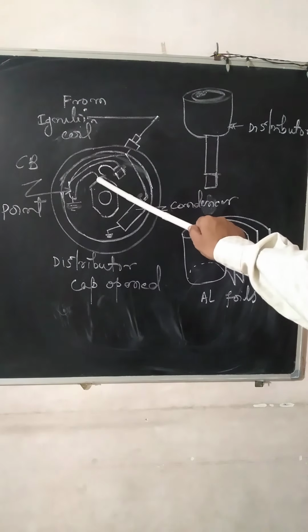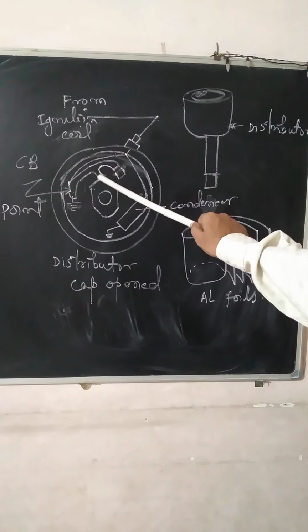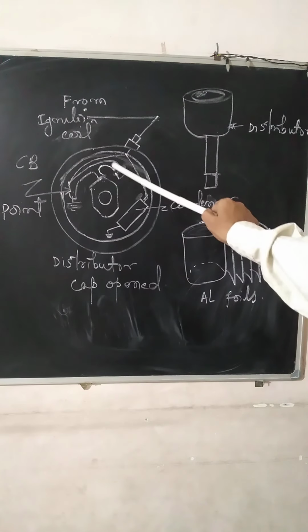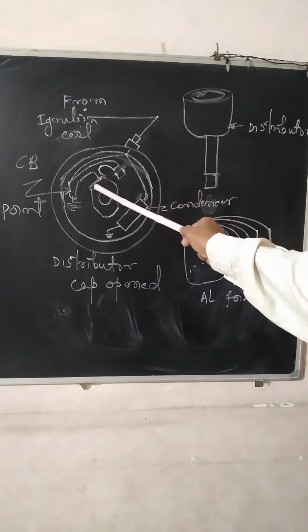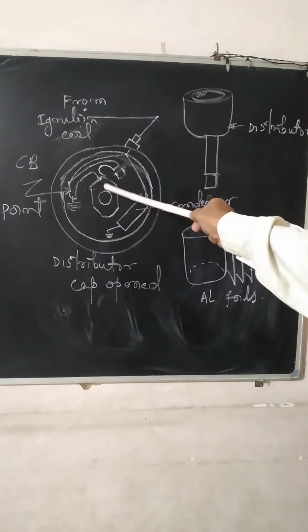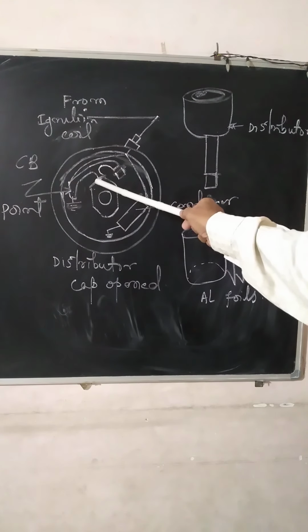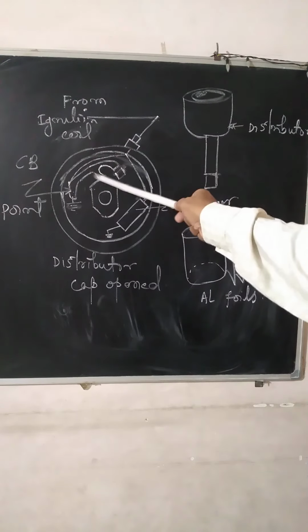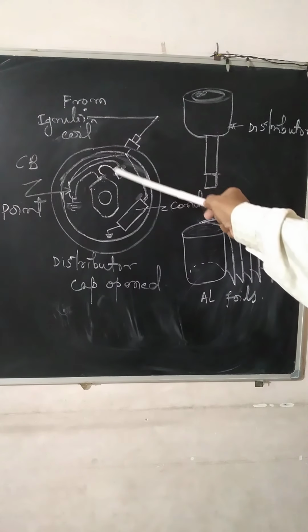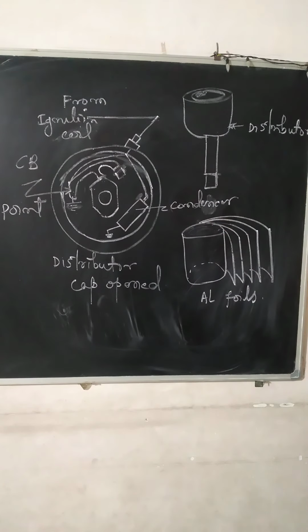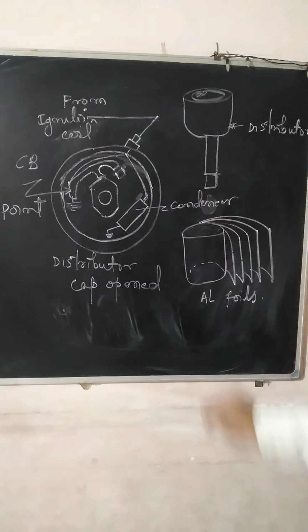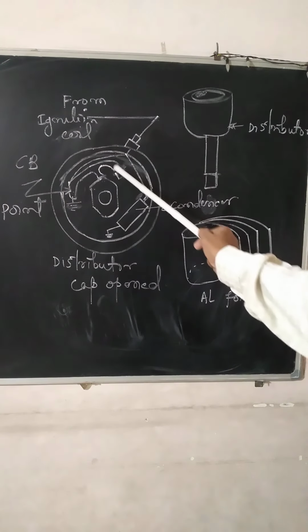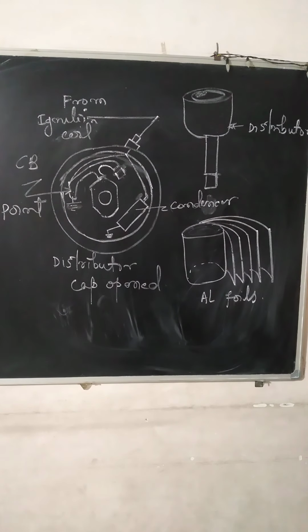So when this cam lobe is in the progressive position over here, this contact will be broken. Depending on the speed, whenever this particular lobe comes in contact over here, it is lifted up. With the result, there is make and break over here. Once it is connected, again it is disconnected. So continuously make and break is going on at the contact breaker point, that is at the CB point over here.